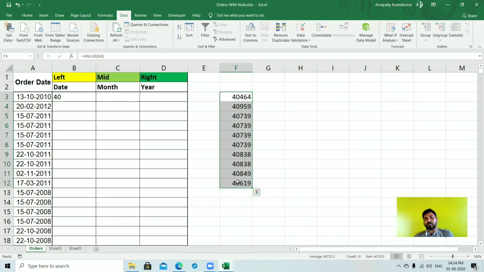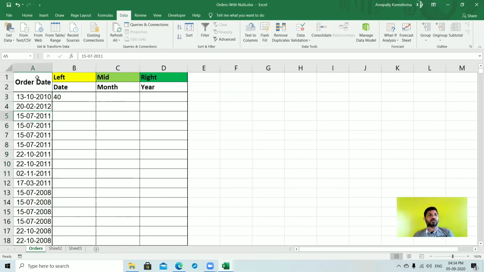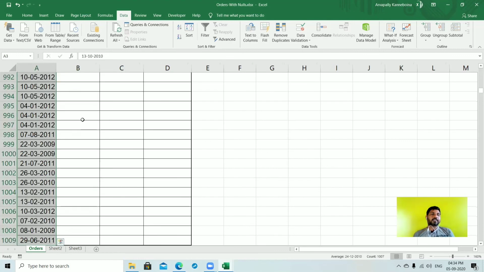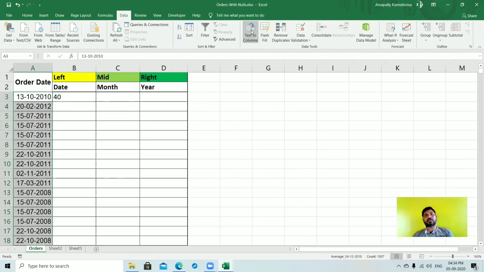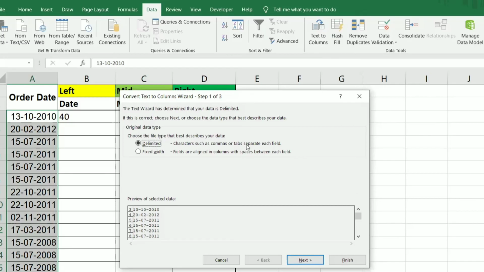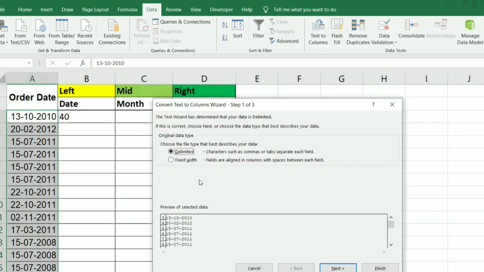So we have to convert this date range into text. How should we do this? Select the data range and go to the Data tab, and there is a Text to Columns option. Click on that. We will get a dialog box, the Convert Text to Columns Wizard.